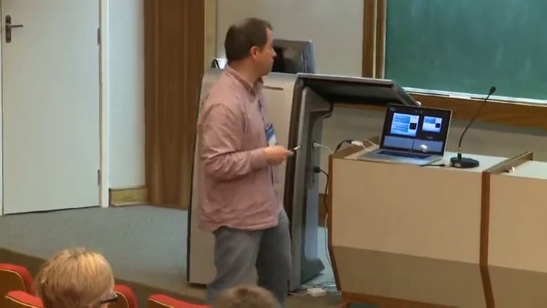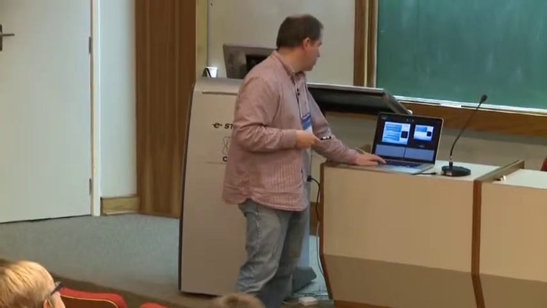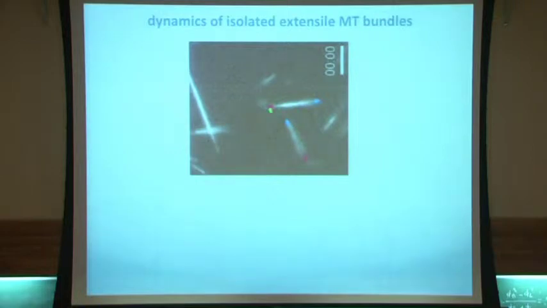And so what we do is we take these filaments and we confine them in a quasi 2-dimensional suspension. And that's shown over here, okay? So here you have a bundle of microtubules. There's polyethylene glycol all around, and you have molecular motors that come to the microtubule, they bind and they drive them apart. By themselves, these bundles don't do any dynamics. That means that they are polarity sorted,